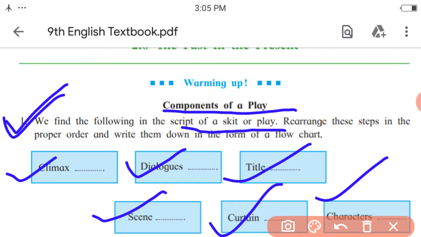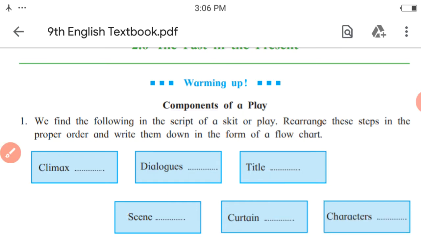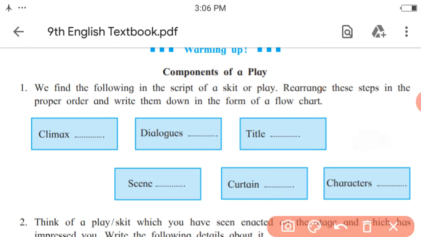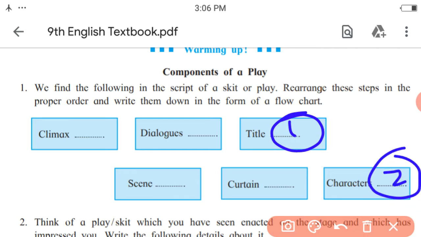So we have to arrange them in the order they occur, one by one. Just like we write numbers in ascending order, we write different events in chronological order. The same way, what are the different steps of a play that we have to follow for all these given 6 points? So what would be the first one among these six? It is title, right? It is the first step. What is next? Below the title, you will find the characters from that play or skit are mentioned.